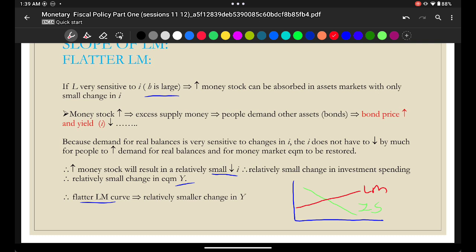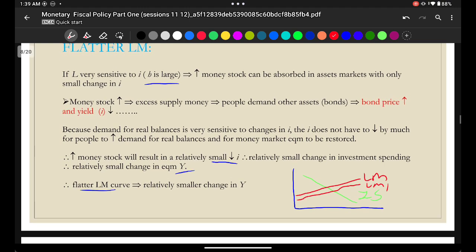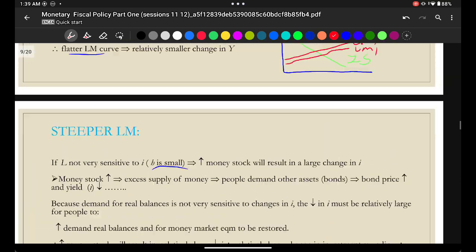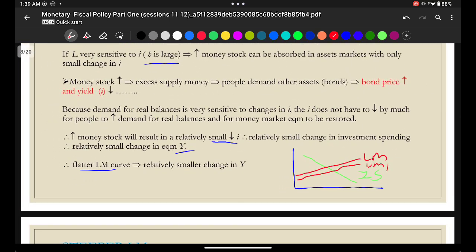So if your LM changes, because let's say the South African Reserve Bank increases the money supply, it's going to increase to that amount. But can you see how there's such a small difference over here? The Y increased by so little, and then interest decreased by so little also. Can you see? But if you had a steeper LM curve,